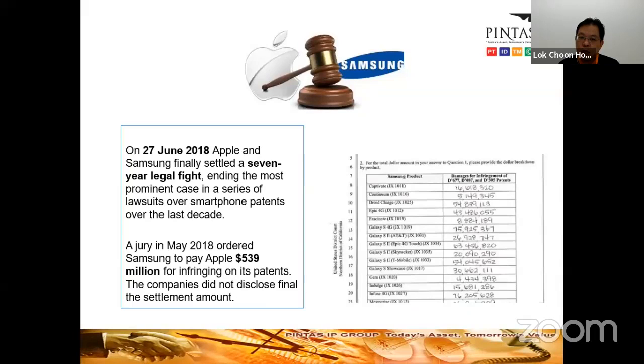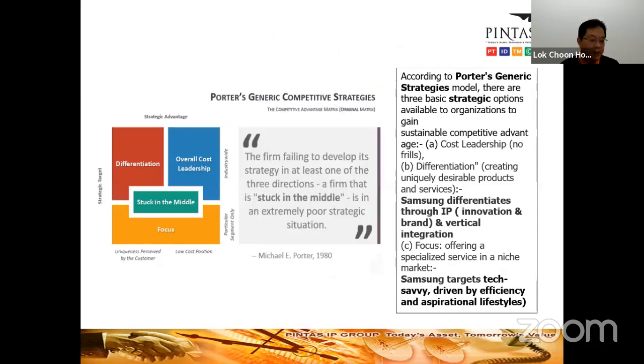But you know, Samsung also learned a lot of lessons from here. Samsung started to innovate more, to get away from the follower mentality and become more of an innovator. And also indirectly, the case did some good for Samsung, because people started to associate Samsung with Apple, right? Before that, Apple was so high up, so innovative that no one could challenge it. But after this case, people started to see, oh, they're on the same plane, they are suing each other for this patent infringement. So there are some good things coming for Samsung also in this litigation. So let's go down to the next